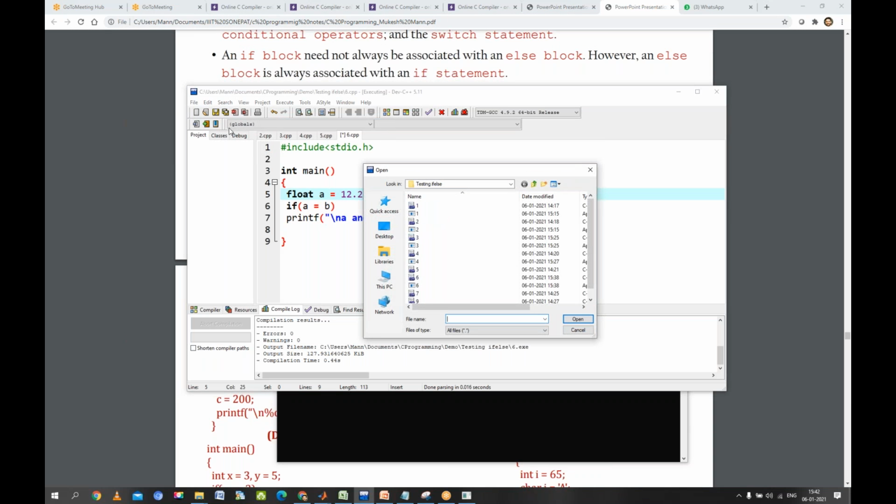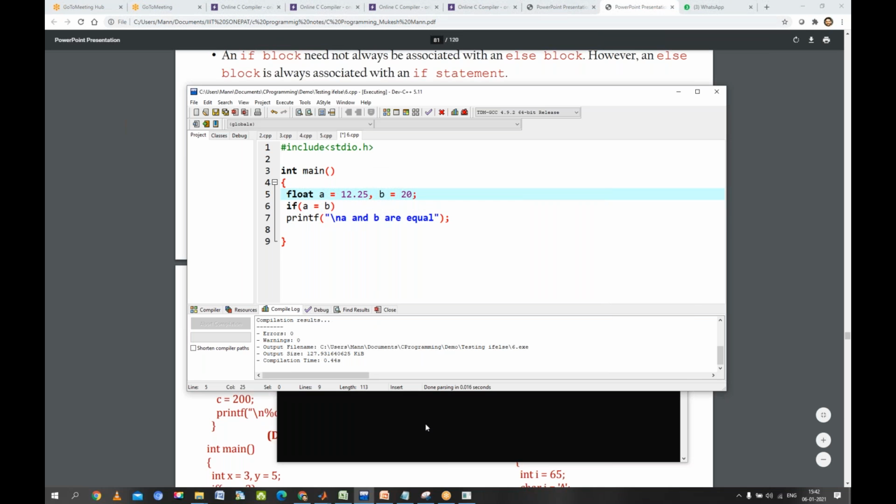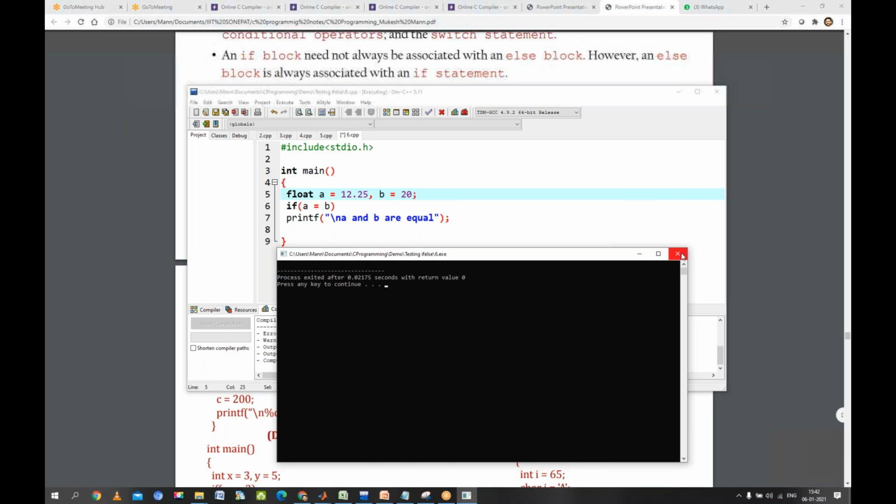Now coming to more examples. I think from now onwards, you should not have any problem in the control structure, especially if else, and how we are going to evaluate the expressions. What will be the result of expressions? We should practice it more. Okay, I think we have finished it, and now coming to this one.